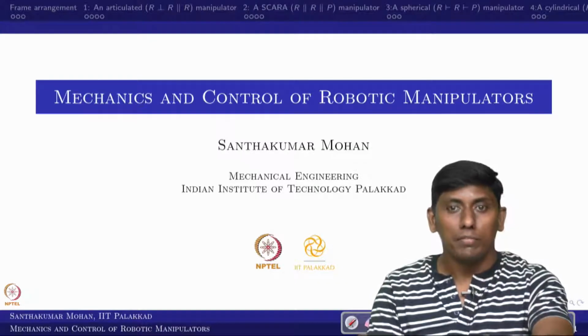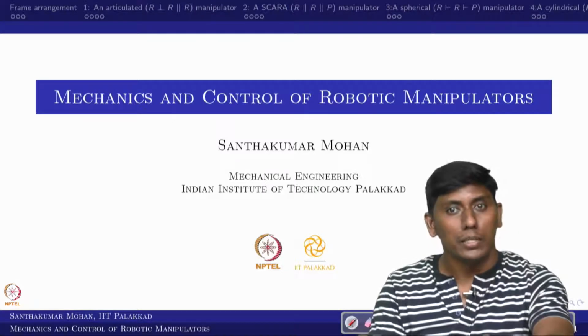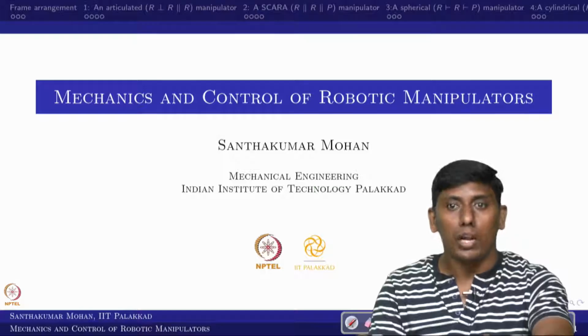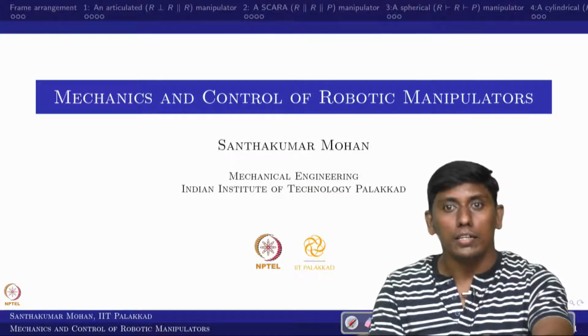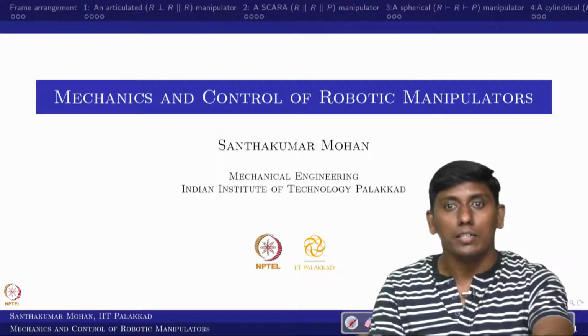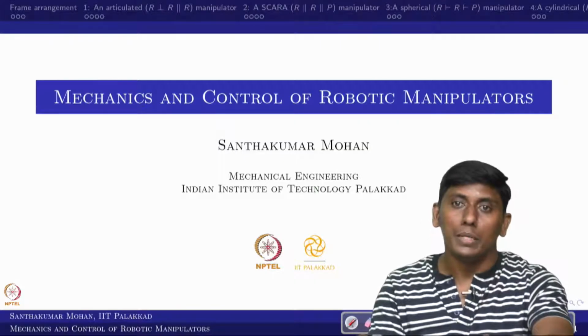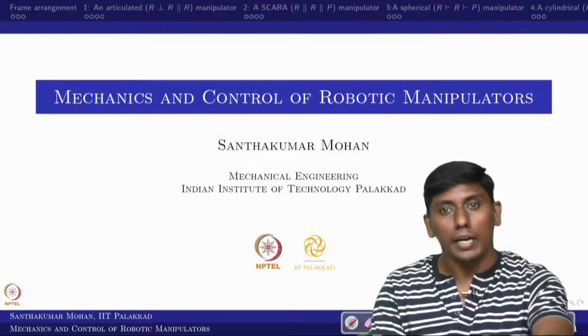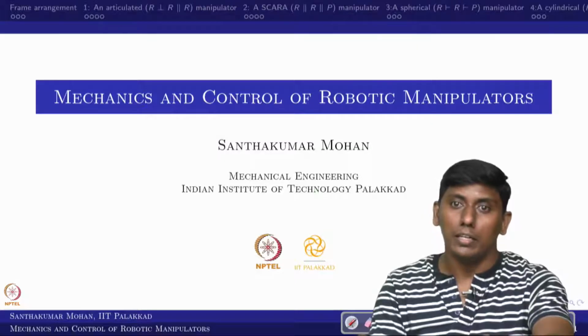Last class, what we have seen is the Denavit-Hartenberg representation, especially we arrived at the term called arm matrix. The arm matrix can be obtained in two ways: one is standard, the other one is non-standard. We are going to use the non-standard, which is nothing but the mix of i minus 1 and i, where the link parameter would be in the i minus 1 axis, whereas the joint parameter would be in the i axis.